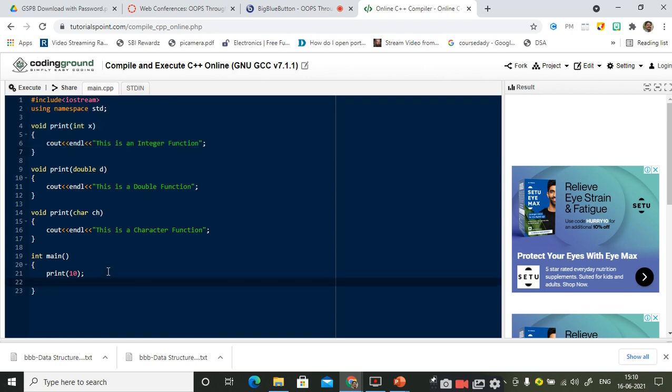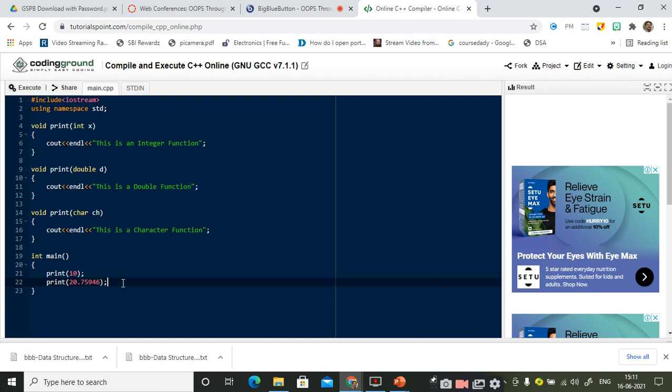Again I want to call the print function with some decimal values. Let us take it as some 20.75946. Now which function is going to be invoked? Is it the second function or the third? Second one, sir. Second function. So how the function call is going to be mapped with the corresponding function definition means by looking at the signature. What do you mean by signature? The function declaration, sir. Right, the function declaration.